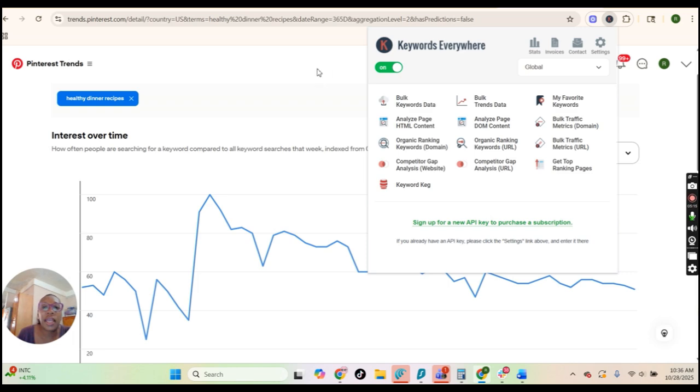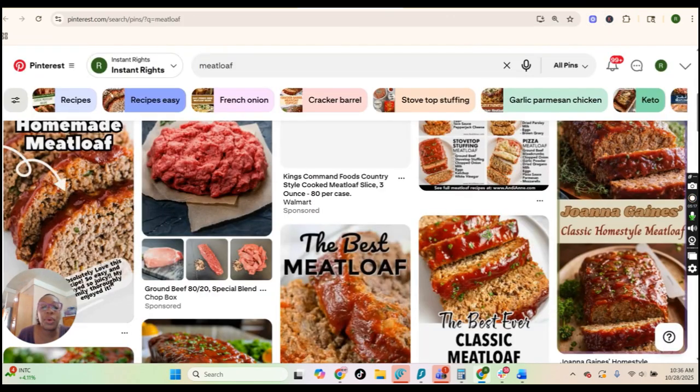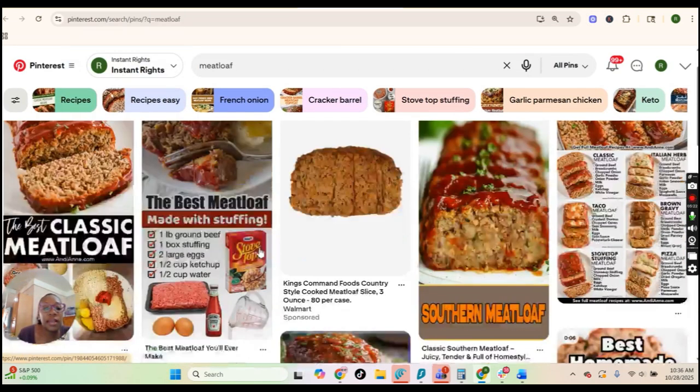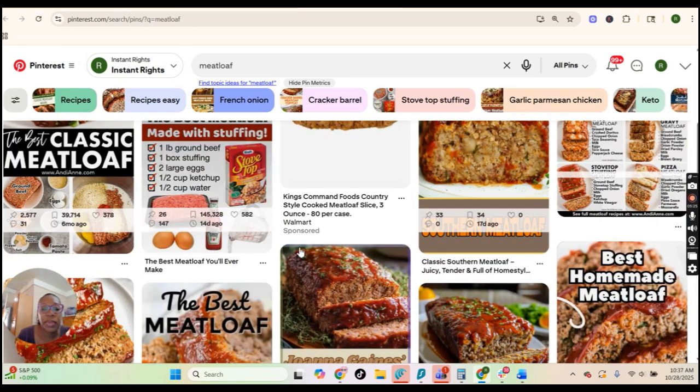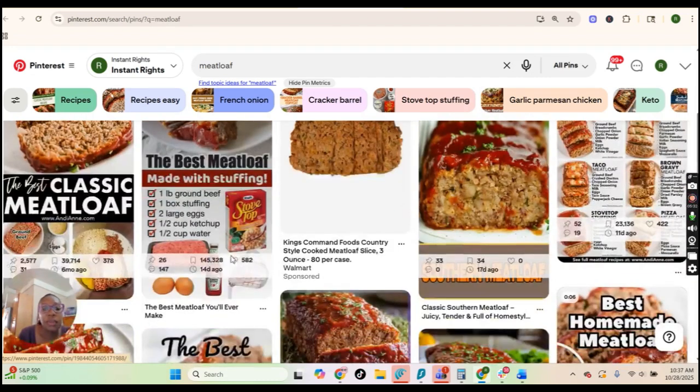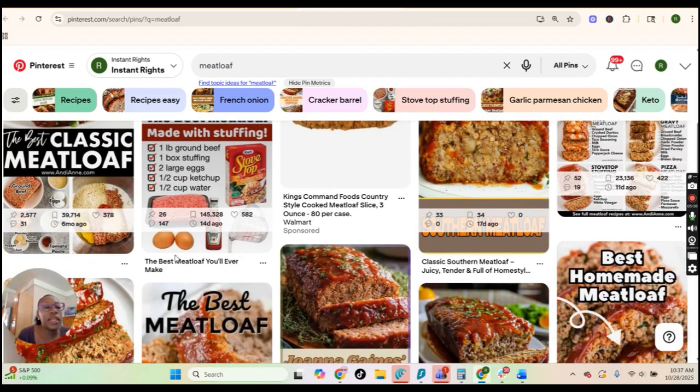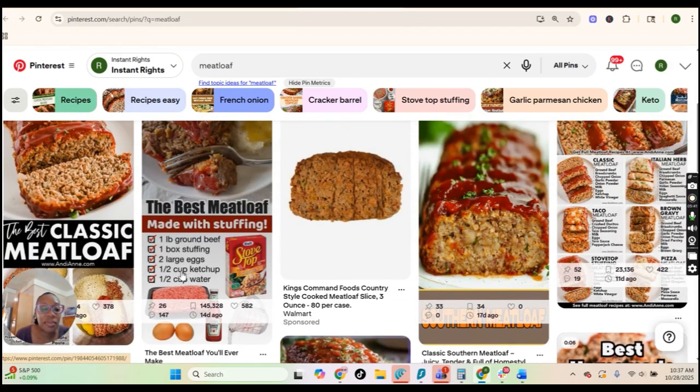I do have Keywords Everywhere, and I would like to show you how cool this tool is. So Keywords Everywhere is a free plugin, right? And I sometimes will turn it on and off. And when you turn it on, you will be able to see the statistics on each pin, okay? So this will give you an idea of what pin designs people are loving. Okay, so this is exactly how I determine what topic to go after, what is trending, and what pin design